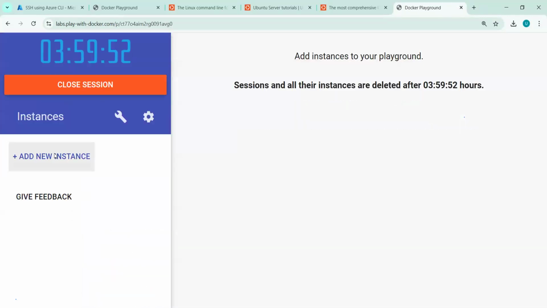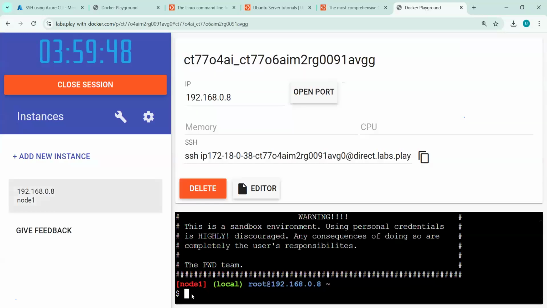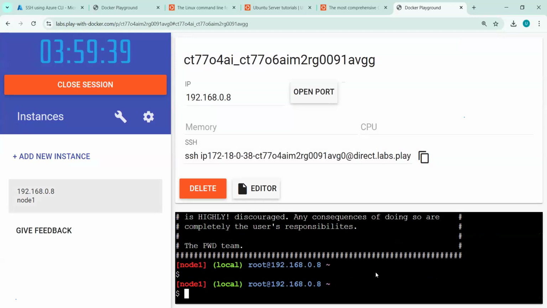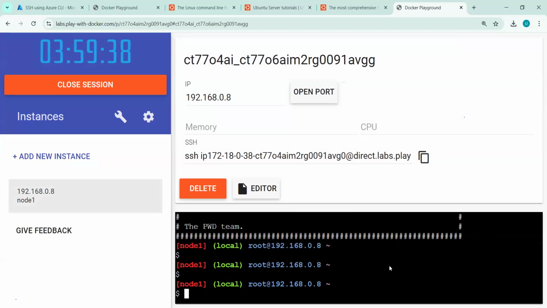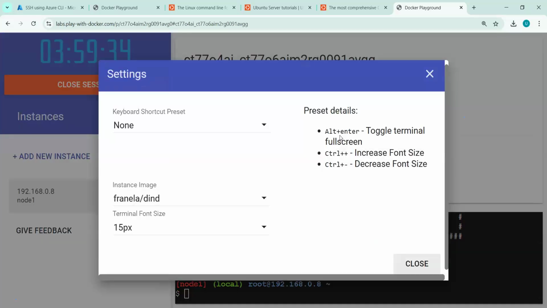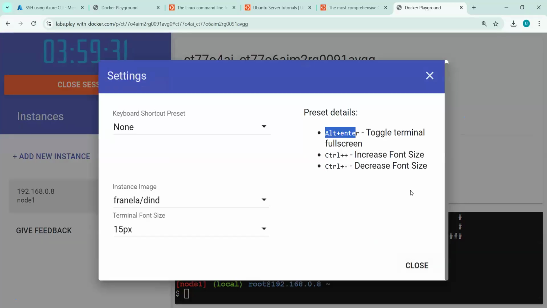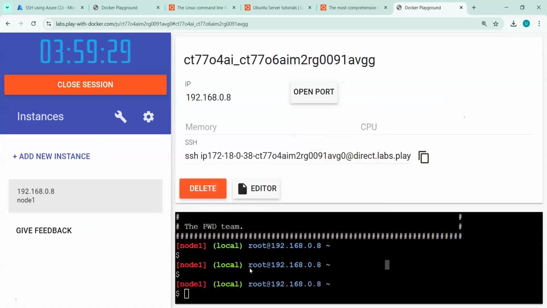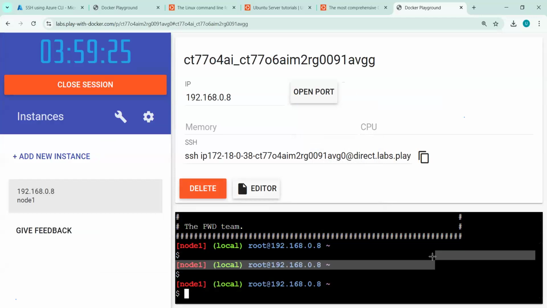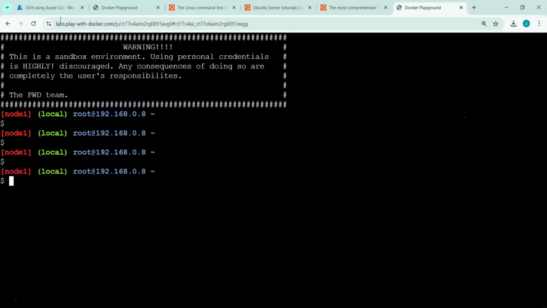Here you need to click add new instance, and the Linux machine is ready in front of you. Here you can see it is a tiny screen. If you want to go to a big screen, press Alt Enter. Okay, not Control Enter, it is Alt Enter. Press Alt Enter, and it will give you a full screen view.